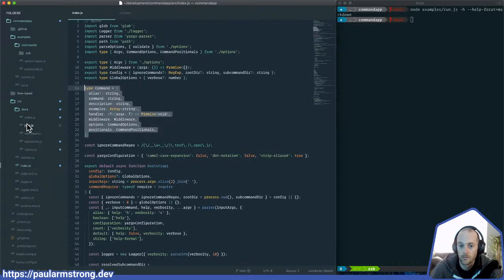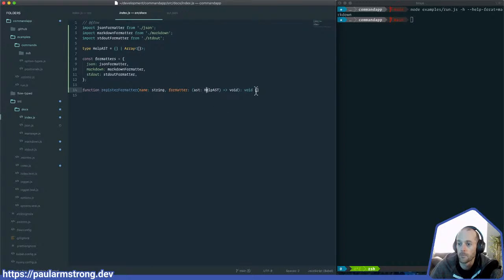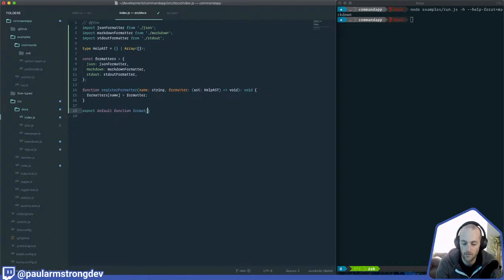All right, JSON formatter. Why are you red? Formatters. That's all that needs to do. And then we've got function, export default. Is this just a formatter, or is this the function that actually handles it? It's probably going to need to be the function that actually handles it. Well, I think it's just a formatter, and then we can handle how it gets written separately,